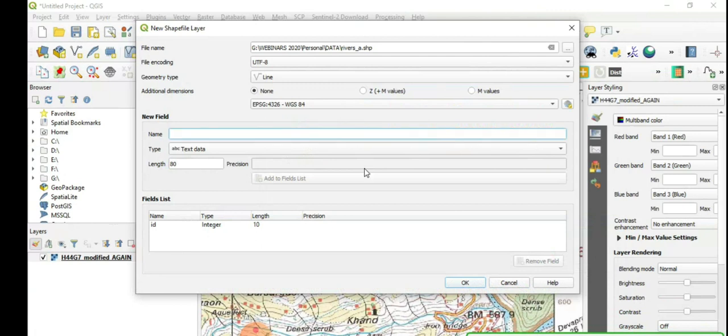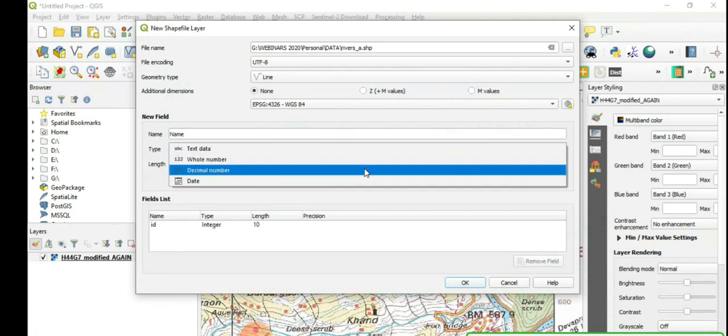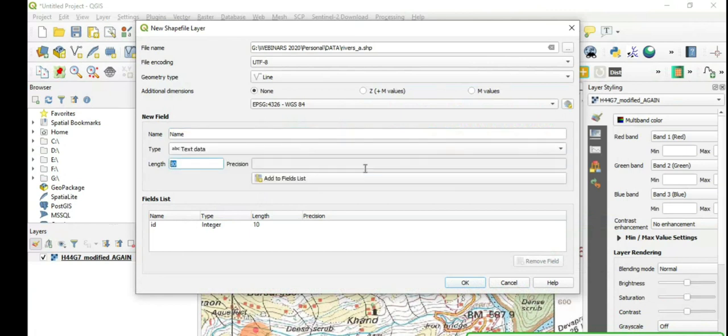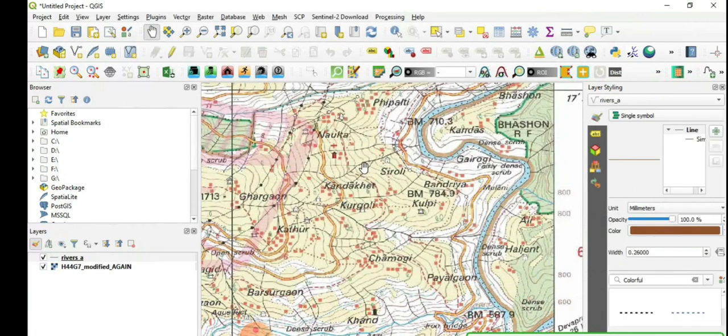So in this case we will create a field called name. I will explain it tomorrow why you created this. Okay, so name, right? And actually we will be writing name of the rivers. Okay, and then it should be a type of text data. Length, just keep it default and click OK. So our shapefile appears on the layer panel.